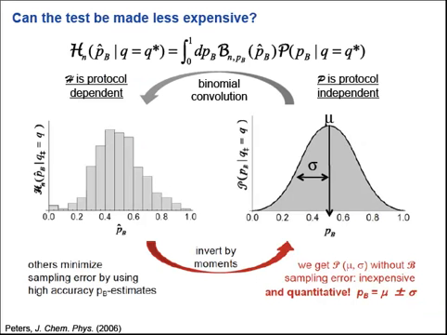Can we make the test less expensive? Indeed, you can. You can take this histogram process that I just described, and you realize that you're not actually computing the real committer probabilities. You're computing these binomial estimates of the committer probabilities. And the points at which you draw them are taken from the real protocol-independent distribution of committers. So we can't actually go in reverse. We can't take our histogram and compute the real distribution. But we can go in reverse to a degree because we can take the histogram and we can solve for the first two moments of this underlying protocol-independent distribution.